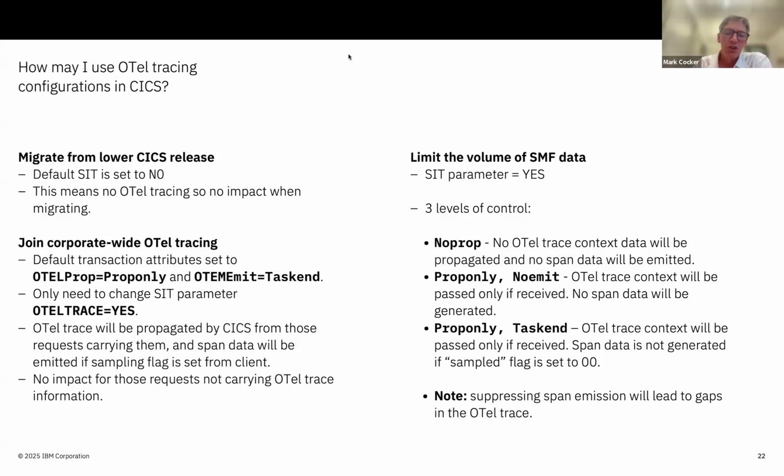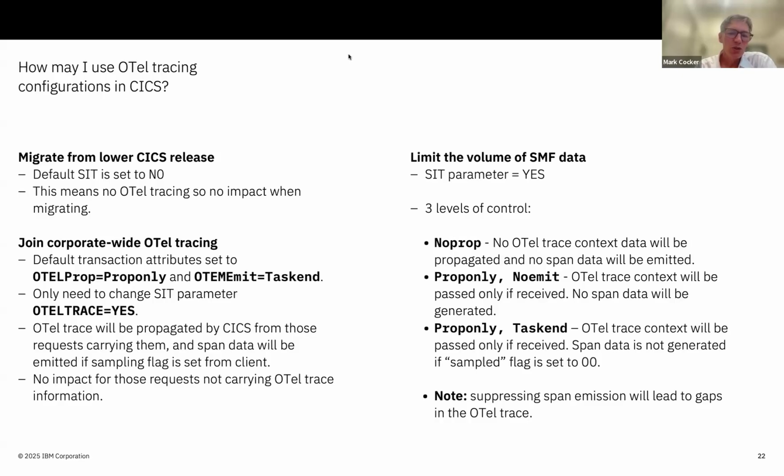And the other thing to consider is, if the sender of the OpenTelemetry record decided it did not want to trace a particular record, it sets a sampled flag within the span context that's sent into CICS, and CICS will not generate an OpenTelemetry span in that scenario.